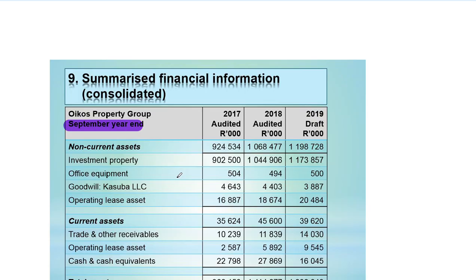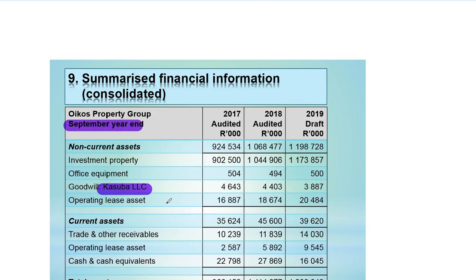They have investment property. You are expecting to see investment property because of the operation of the company. They are in the investment market space. We have office equipment. There is a goodwill of Lusaga LCC. As we see the goodwill of Lusaga LCC, you're like, oh, okay, cool. That means they once made an acquisition of Lusaga LCC, and they recorded goodwill when they were making that acquisition. Then there's an operating lease asset. So those are the 4 non-current assets the business has.